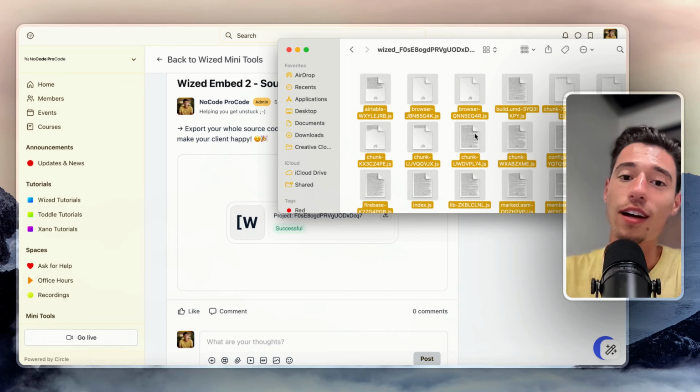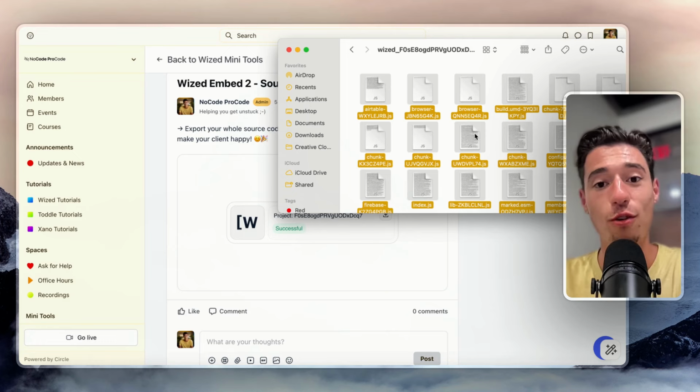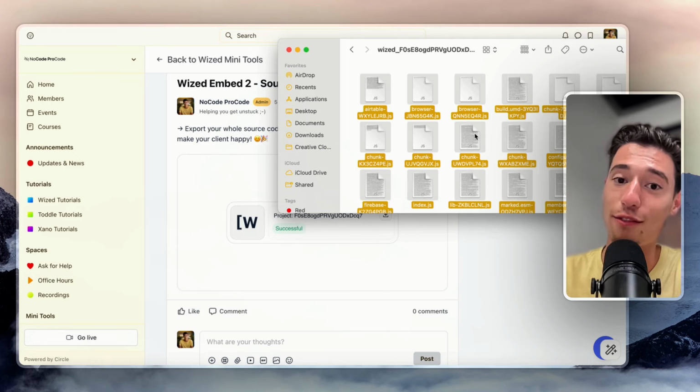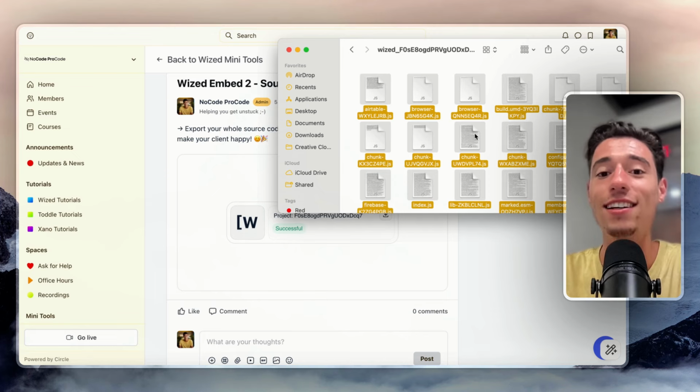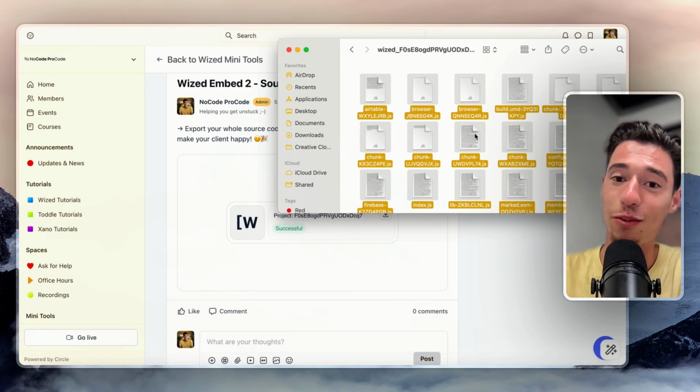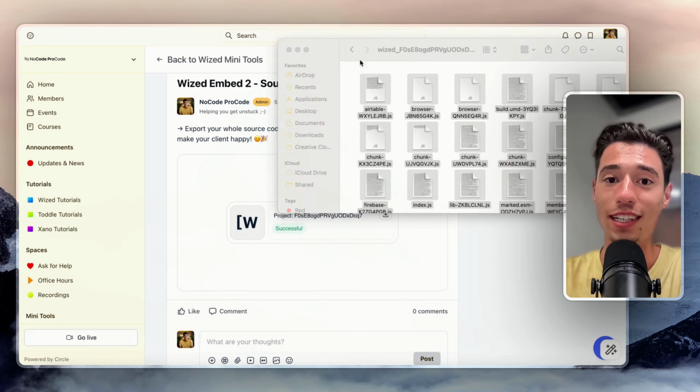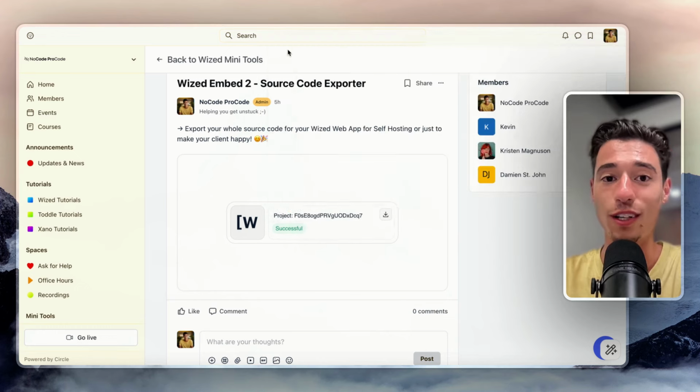But it is going to be cheaper if we just go with Wized for hosting, because you don't have to pay me another hour just to update the file. So they're cool with that. But they still want their code base, and it makes sense because this is what they pay quite a lot of money for, right? So I'm going to show you how to get all those source files downloaded in a